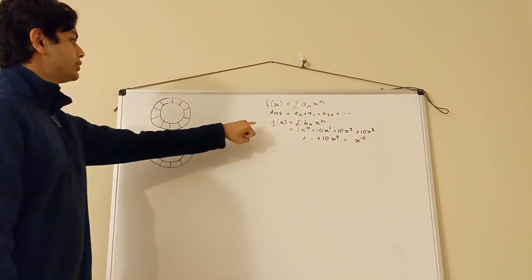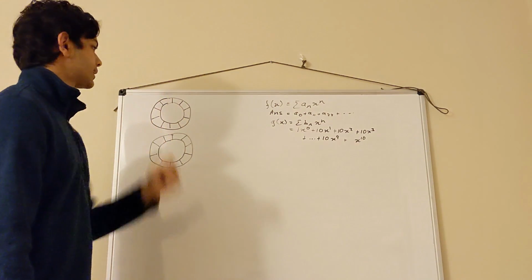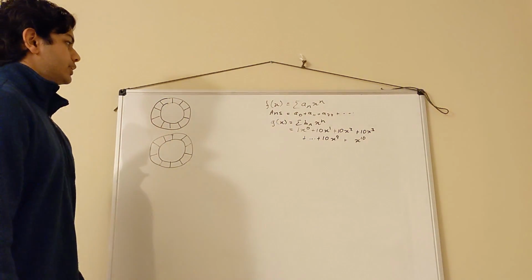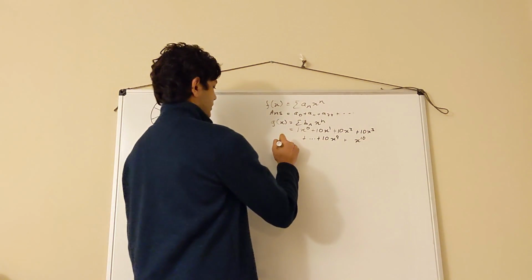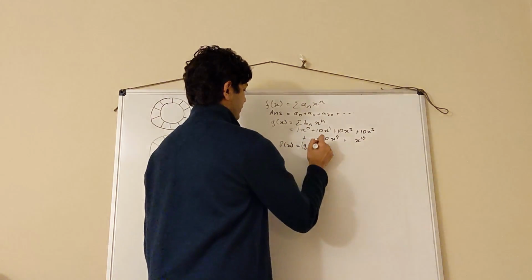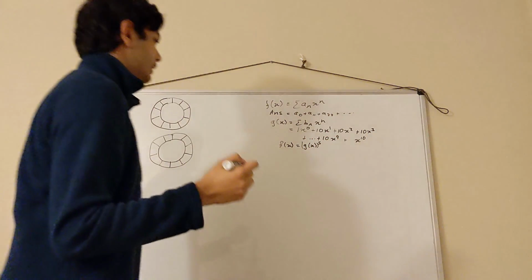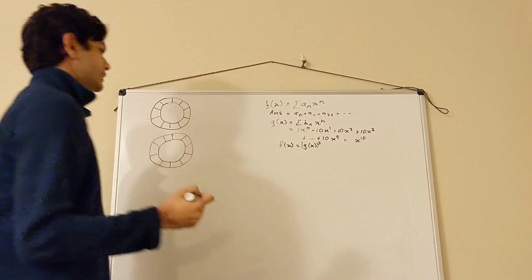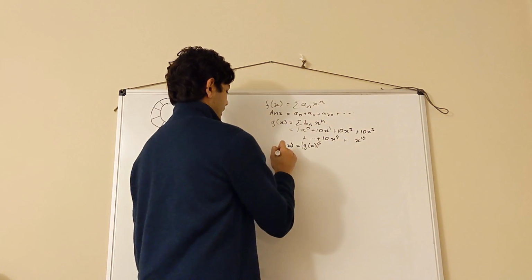But anyways, how do we use g of x to get back to f of x? So the answer is just that f of x equals g of x to the power 5 because there are 5 rings. And so why does that work? Let's look, for example, at like a sub